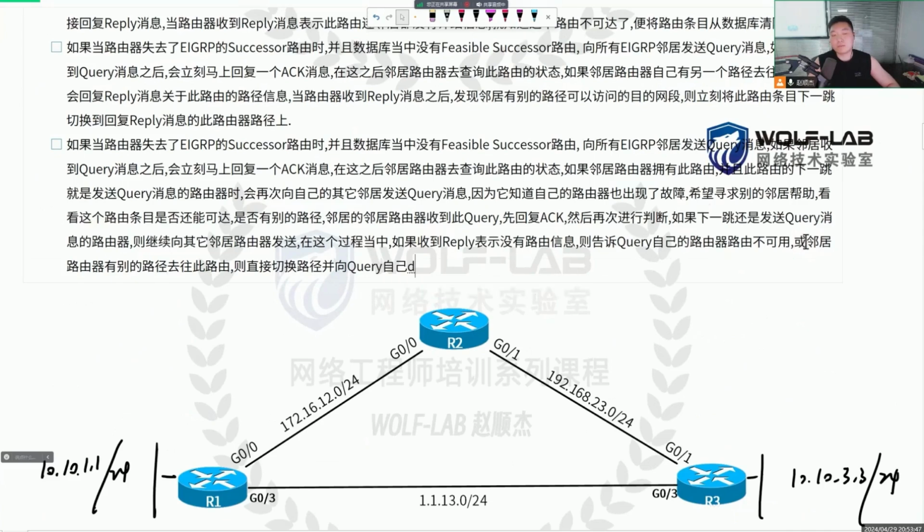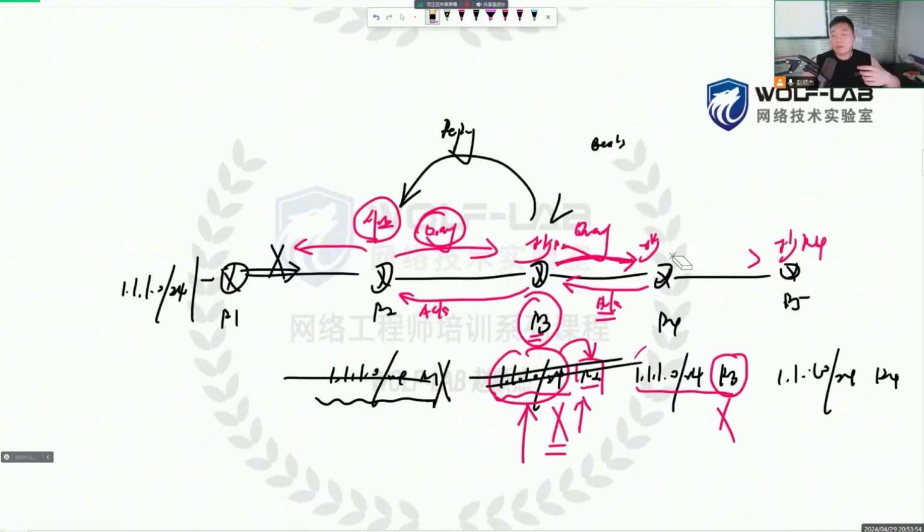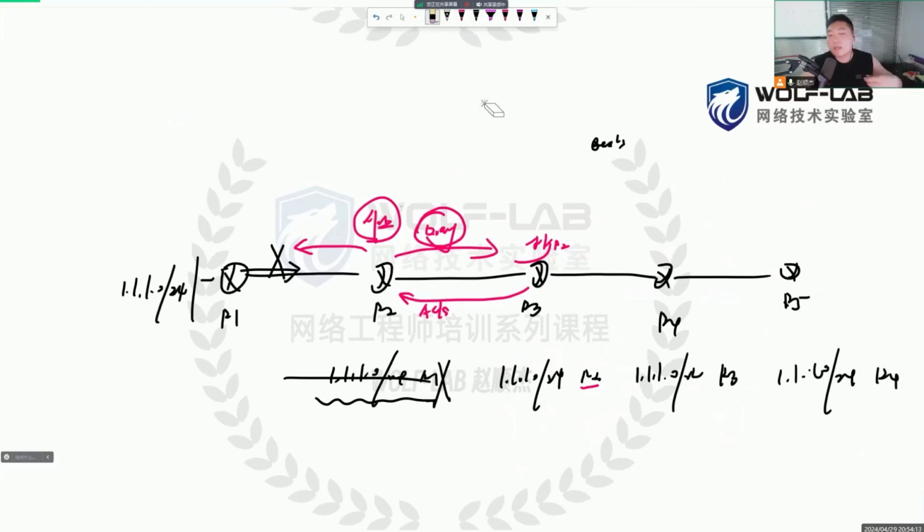Now, for example, our R3 router. At this moment, R3 received the query sent by R2. I replied with an ACK. I found that my routing entry's next hop address is still R2. What to do? We continue to send query messages to the back, because I found that my next hop address is the router that sent me the query message. Continue to send queries to the back, to R4, to see if R4 has a path to access